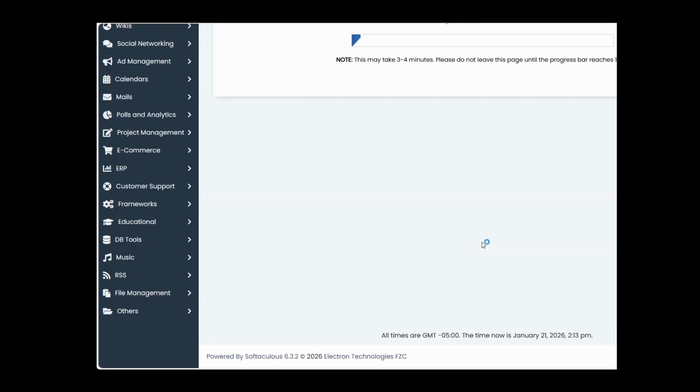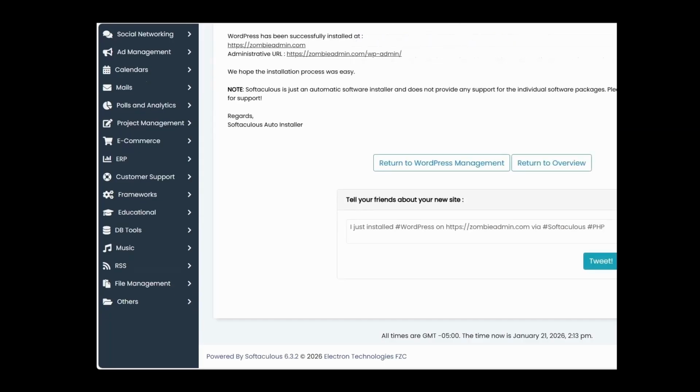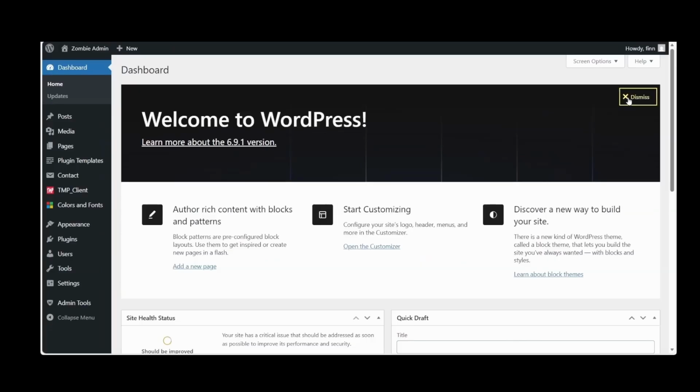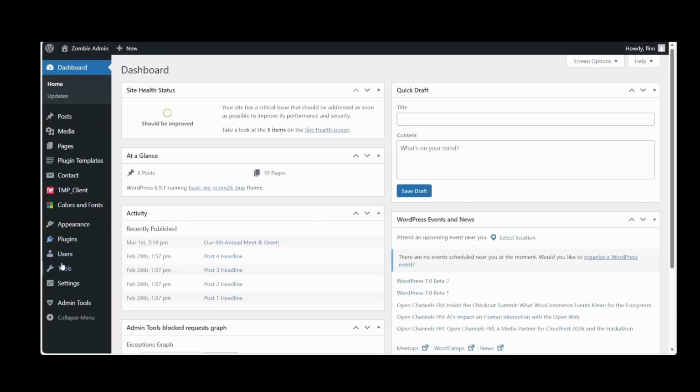I'm going to install Ecom26 basic e-commerce website for WordPress. I will go through the basic WordPress setup and plugin installation that I like to use myself. Now click the link that was just created for you or just log in to the back end of your website. Let's dismiss the welcome panel. Let's head straight to user.